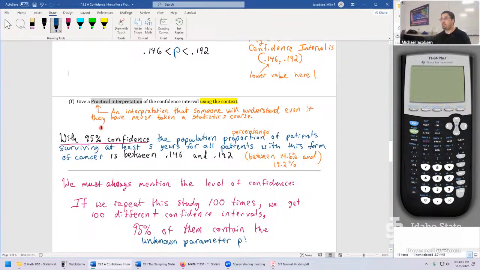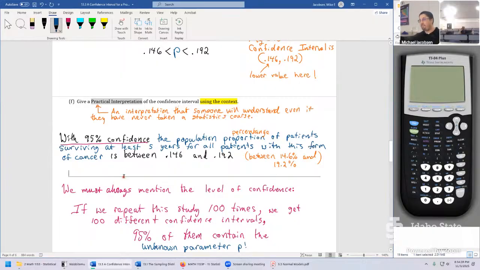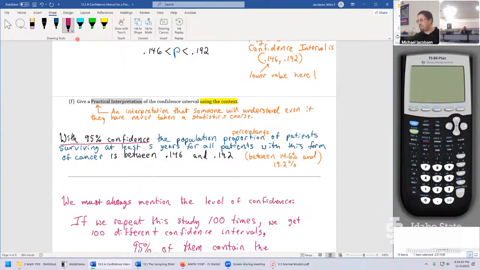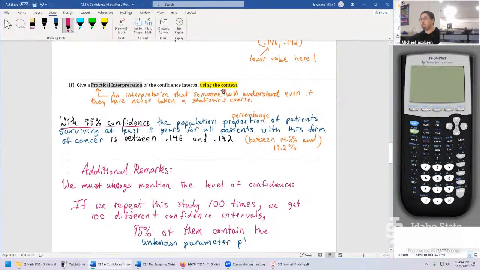Any questions about that so far? So that's a pretty big idea. The next thing, yeah, just go ahead. Sidebar, right? Like, we don't have to write any of that stuff in the purple. Yeah, that's correct. So the whole problem really ends right below that vertical bar right here. That could be a really good thing to actually mention here. Let's call this additional remarks. Other questions at the moment?